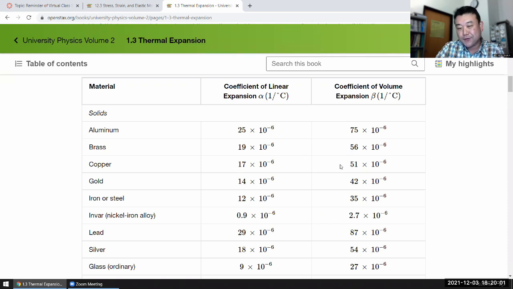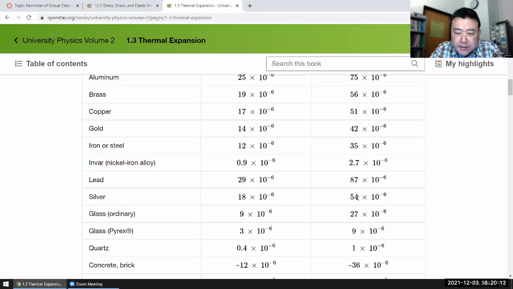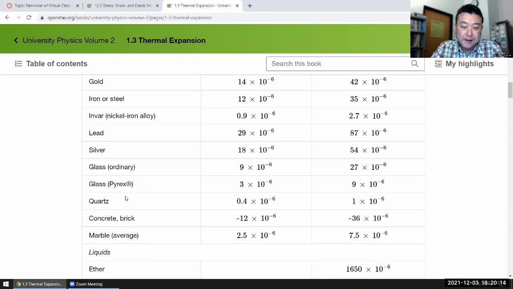17 times 3, okay, that's 51. 12 times 3, 36. Okay, that's off by 1. I wonder which one has the greatest difference. This is one of those parts. 0.4 times 3 is 1.2, not 1. And one of the things that affects quartz would be its